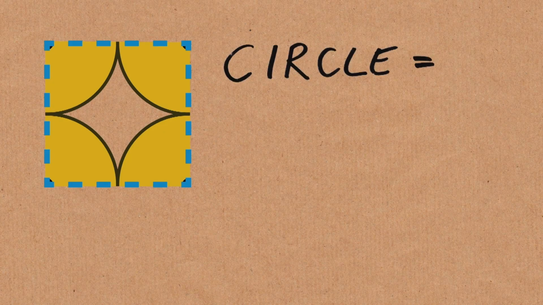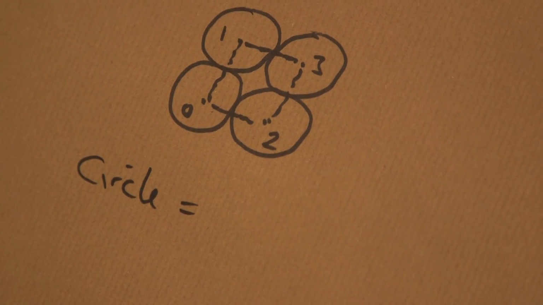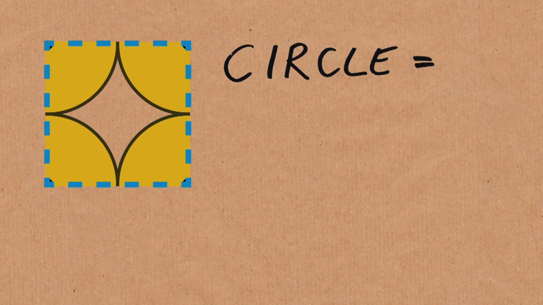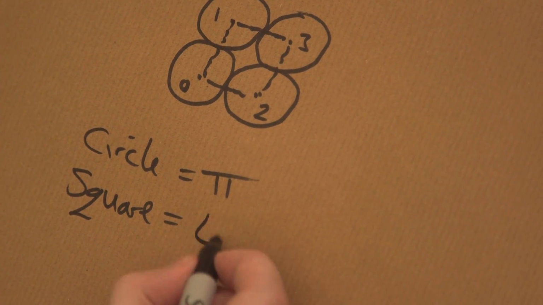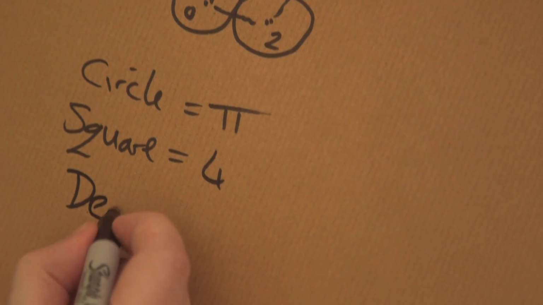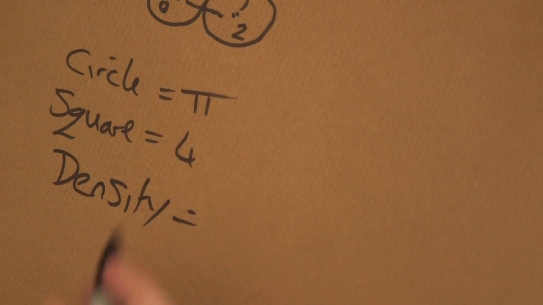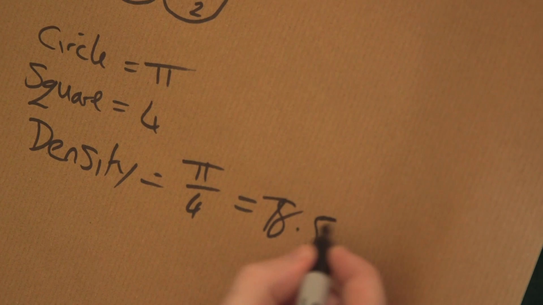Well, that square contains one circle. So the area of that circle, it's pi r squared, isn't it? Let's say it's radius 1. So I'm just going to say the area then is pi. And what is the area of the square that I've created? Remember, these are circles with radius 1, so it's just 2 by 2. So that's going to have an area of 4, and the density is going to be the area of the circle divided by the area of the square that contains the circle, pi over 4, which is equal to 78.5%. So that's the density there, and that's not the best density.